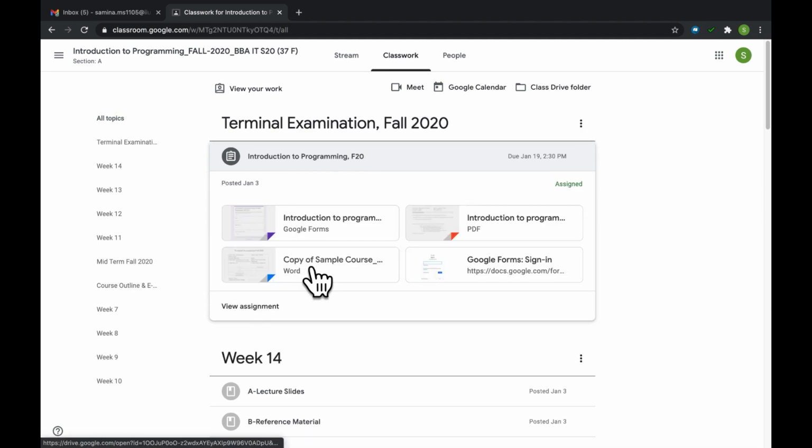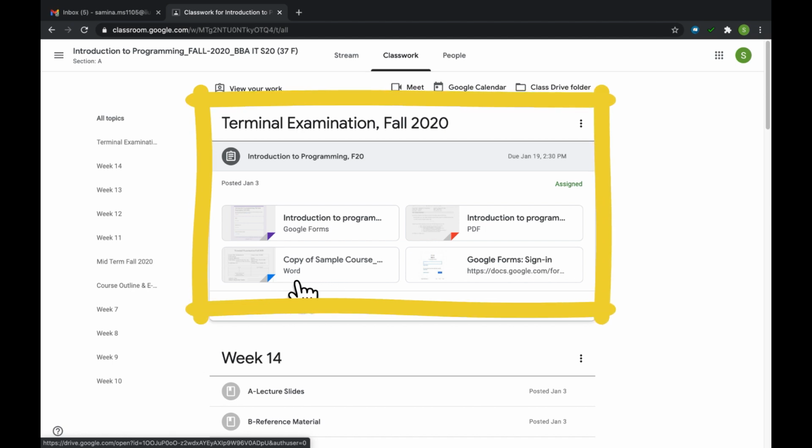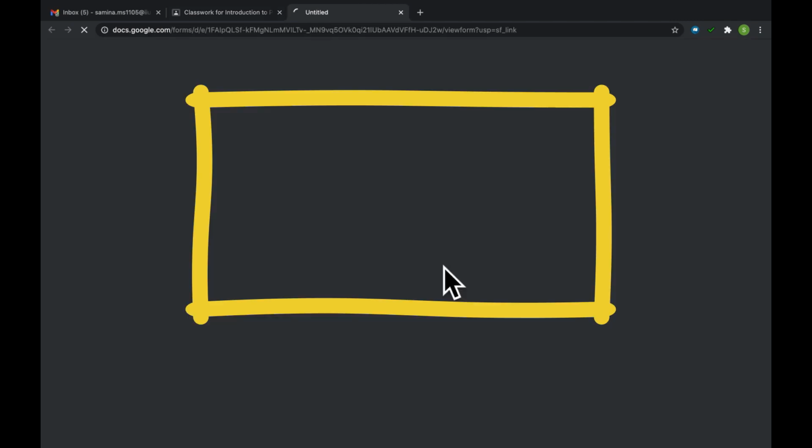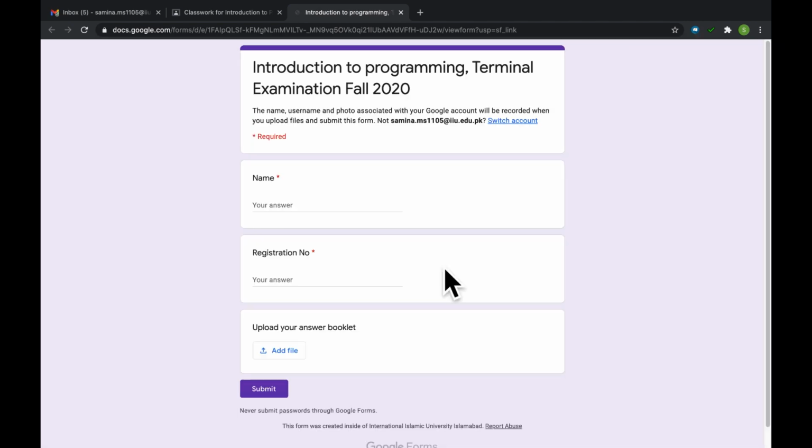It will show you these 4 subfolders. One is Introduction to Programming PDF. This is your question paper. Sample course, this is your answer booklet, and this is Google Forms sign in. So first of all, you can go and sign in to the Google Forms. As you have already entered through your IIU email account, you will be directed to these forms. Going back to classwork,